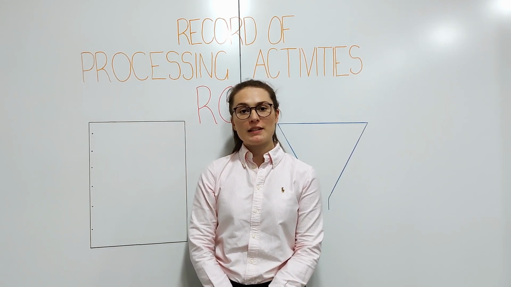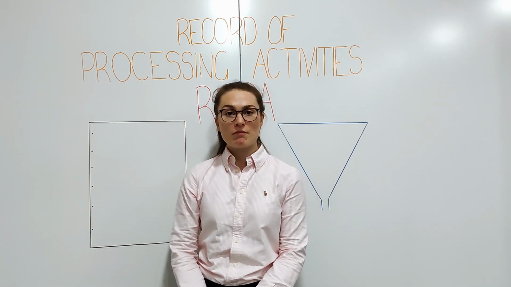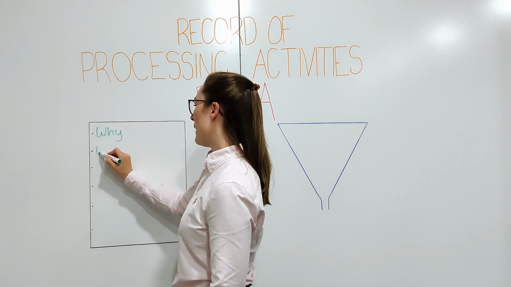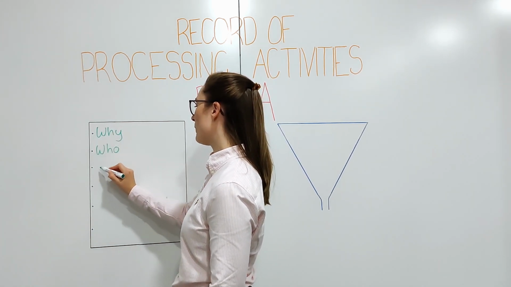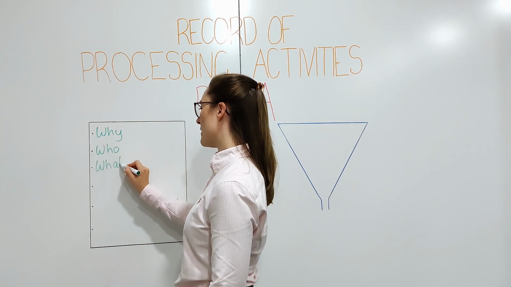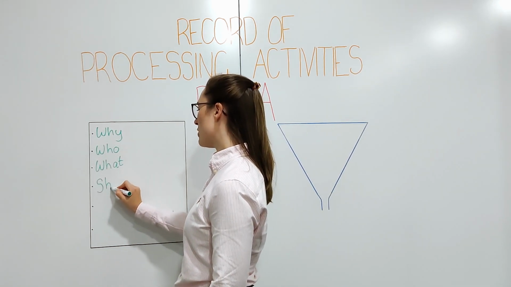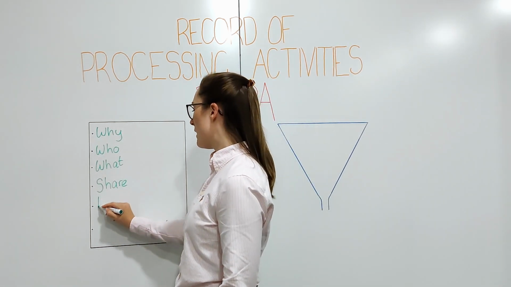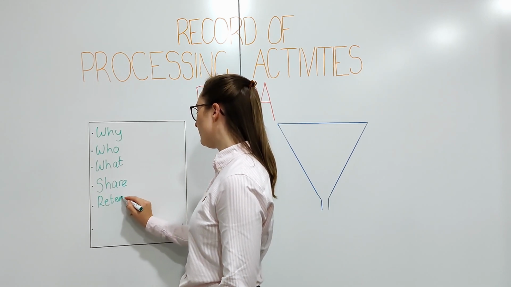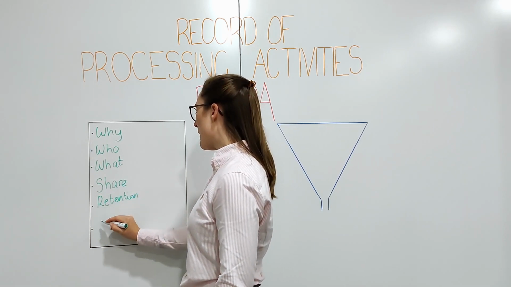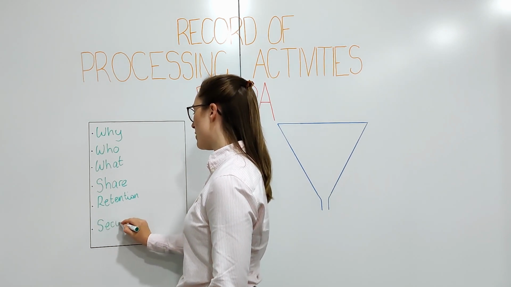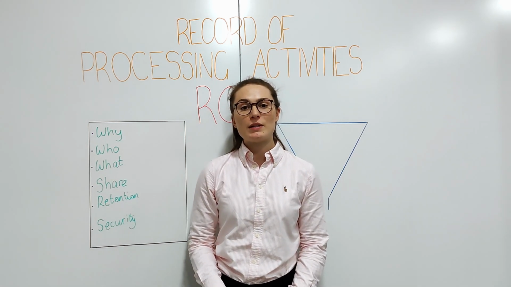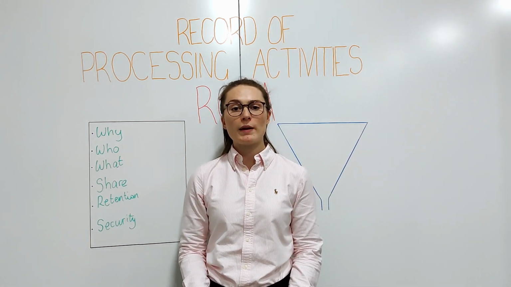And that means documenting the personal information that you process in order to identify why you process that information, about who you process that information, what the information is that you are processing, who you might share that information with, including any international transfers that you might make, how long you keep that information for, and a general description of the security measures that you've adopted to keep that information safe. Now, it's often helpful to keep additional information on your ROPA, such as the lawful basis that you rely on